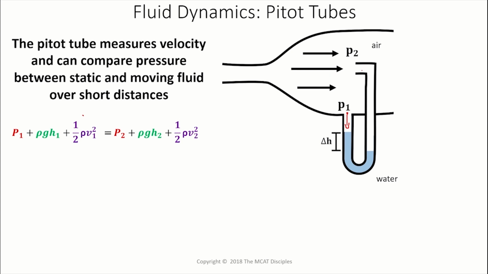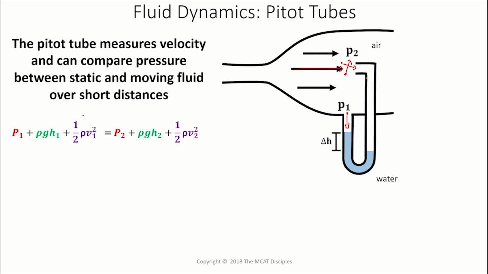Now, the pitot tube on the other end is in line with the movement of the fluid. So if you're in line with the movement of the fluid, you can get both the velocity head as a pressure that pushes this fluid up, and you can also get the static fluid pressure, because the static fluid pressure is generated from the random kinetic energy of the molecules moving in a random direction, which isn't just at the side of the vessel itself. So this gets both static and velocity head pressure.